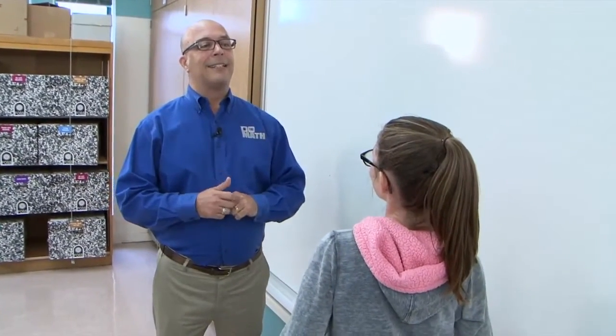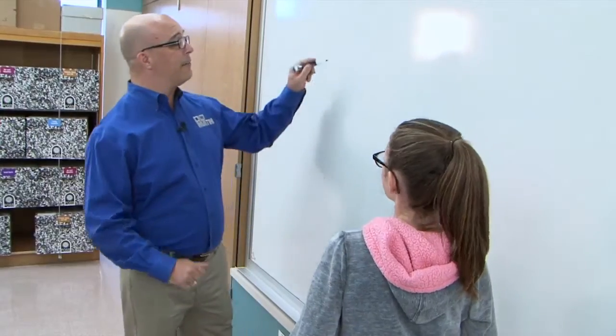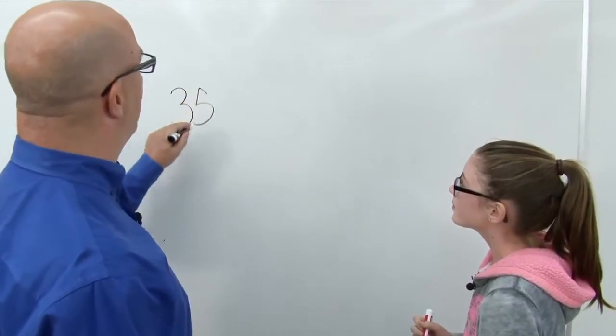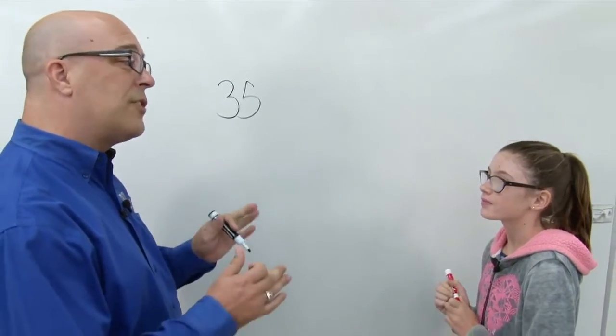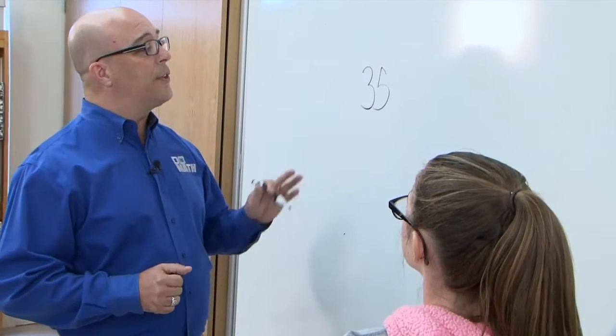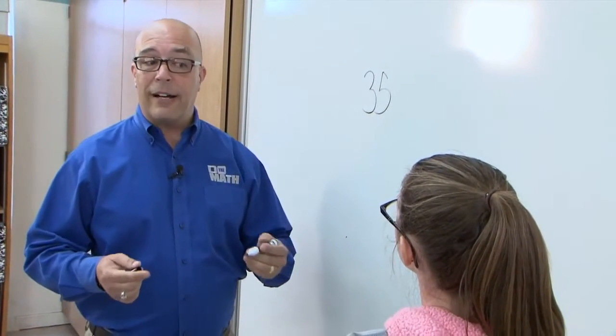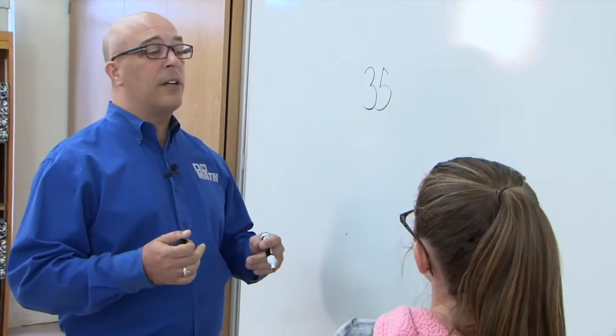How about if you choose a number between 20 and 90? 35. Excellent. That is the number today. We're going to turn 35 and we're going to do fractions, decimals, and percents. Okay, so 35, if you scored a 35 on a test, would that be a very high mark or